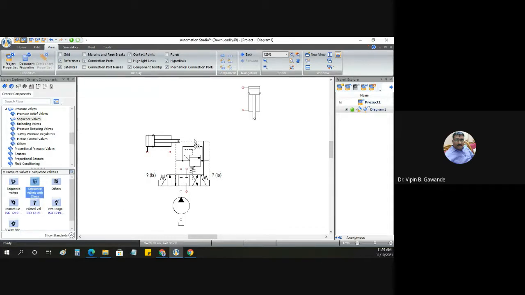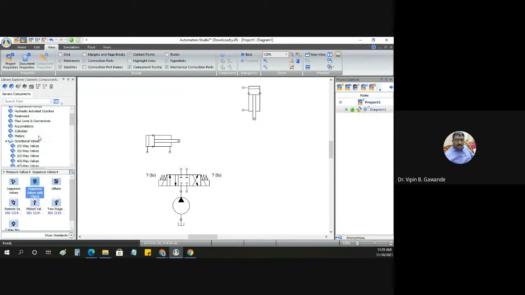This is for hydraulics. Then we have to go to the sequence valve. We have to take this sequence valve. This is the 3 connections valve.